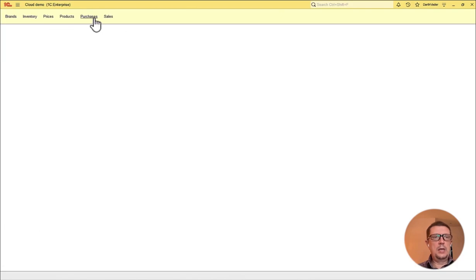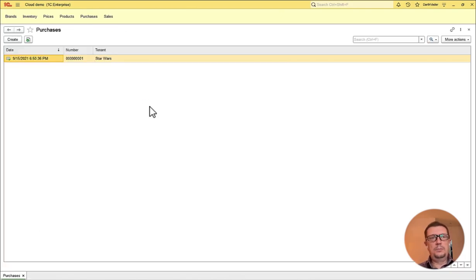As soon as I did that, I can open purchases documents, and as you can see, out of 3 documents that I had in the list, I can see only 1 belonging to my tenant, and 2 others are gone. Well, they're still in the database, but I cannot see them.